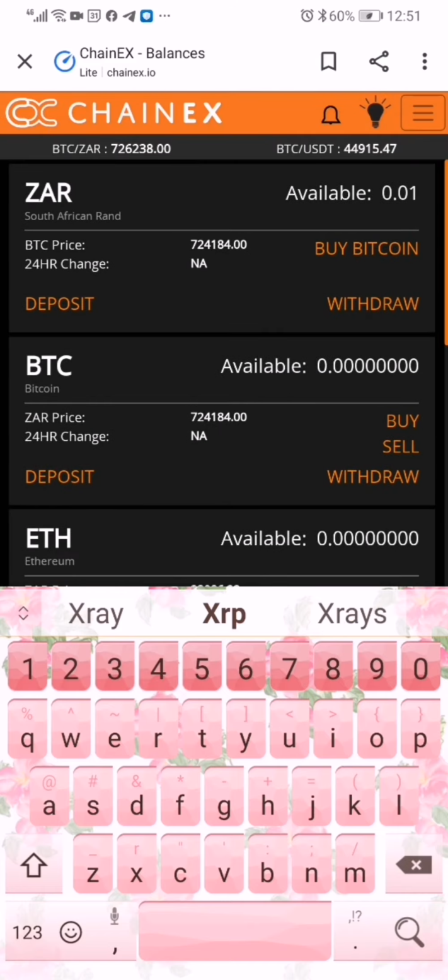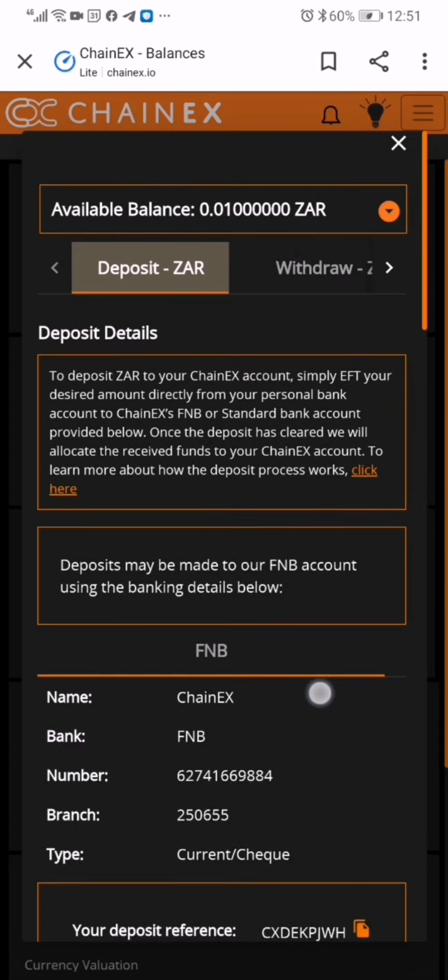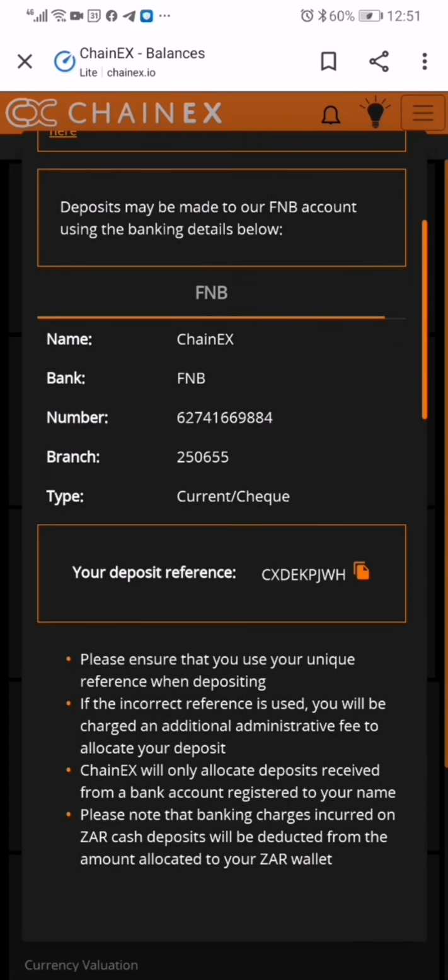Then you see Rand, you click on deposit. Once you click deposit, it will show you this screen. It'll show you Chainex FNB bank account, the branch number, type of account, and then it says your deposit reference. Please do not use my reference number in this video. If you do that, you're going to put money for me and I won't even know who deposited the money